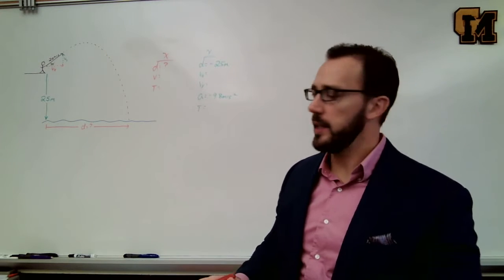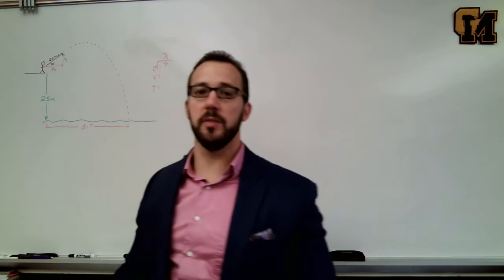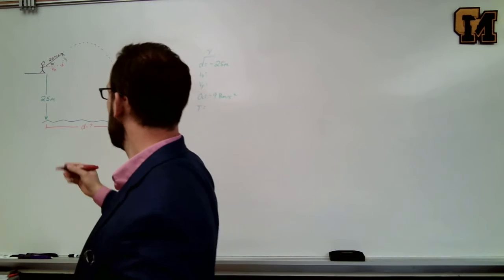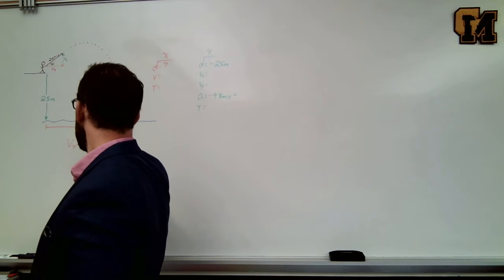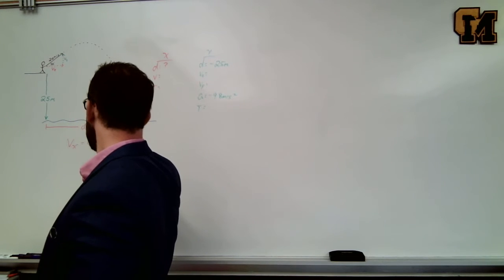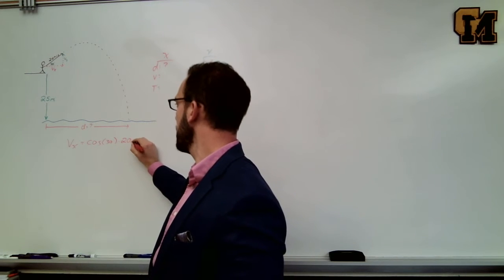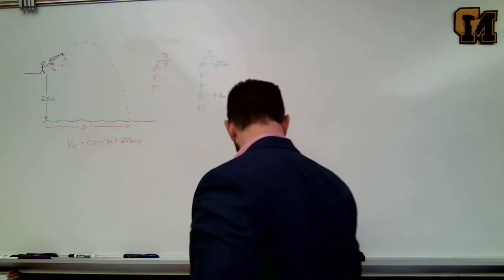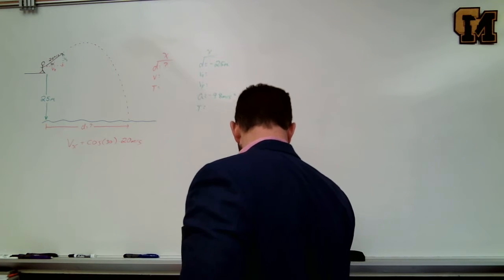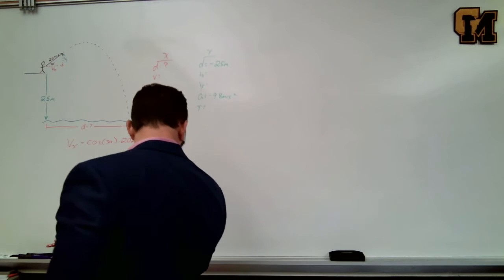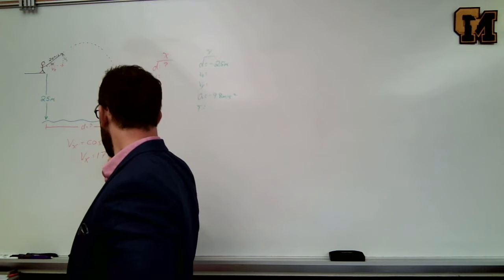First thing we're going to do is solve this right triangle. We're going to solve for the velocity in the x. We're going to solve for that initial velocity in the y. The velocity in the x is the adjacent side, which means we can solve for it by using the cosine of the angle, which is 30 degrees, times the hypotenuse, which was 20 meters per second. When we plug that into our calculator, what we should get is a velocity in the x direction of 17.32